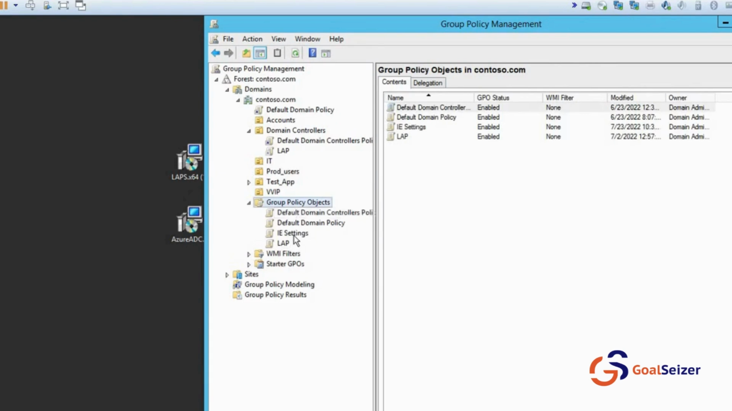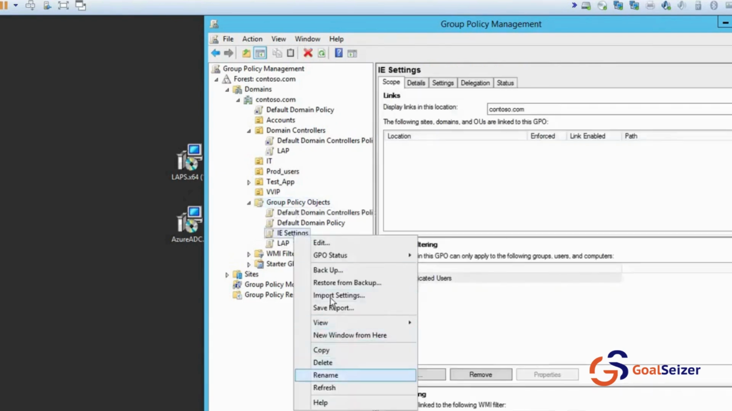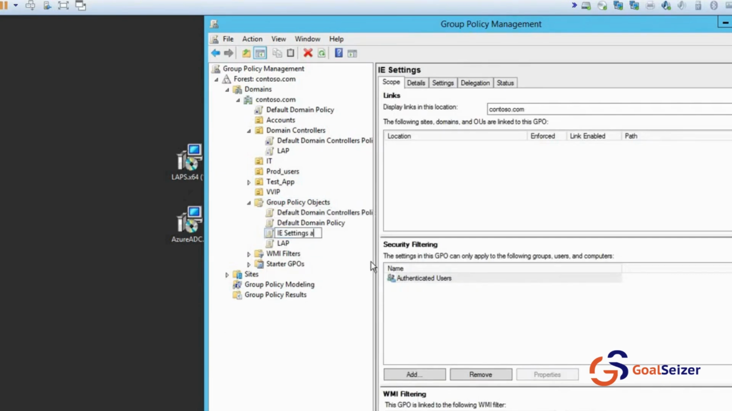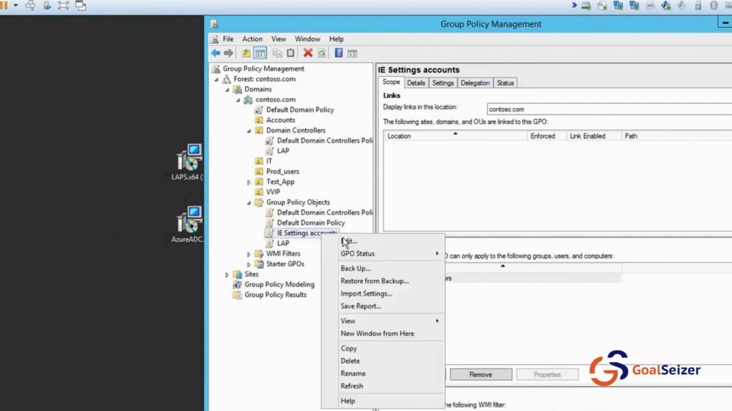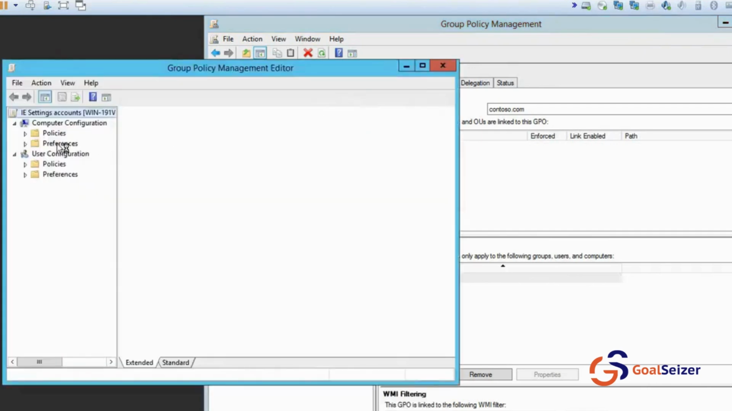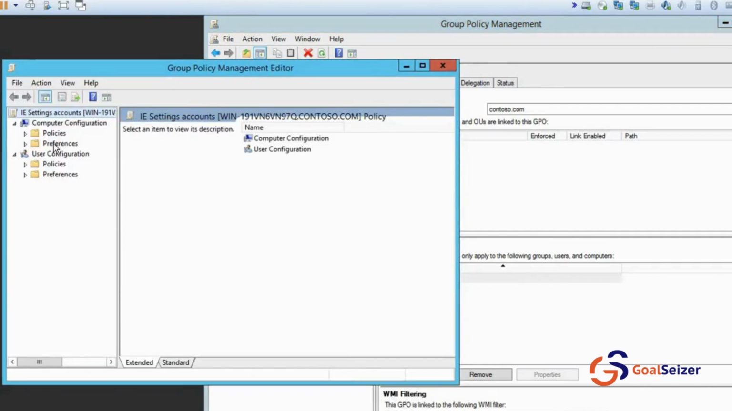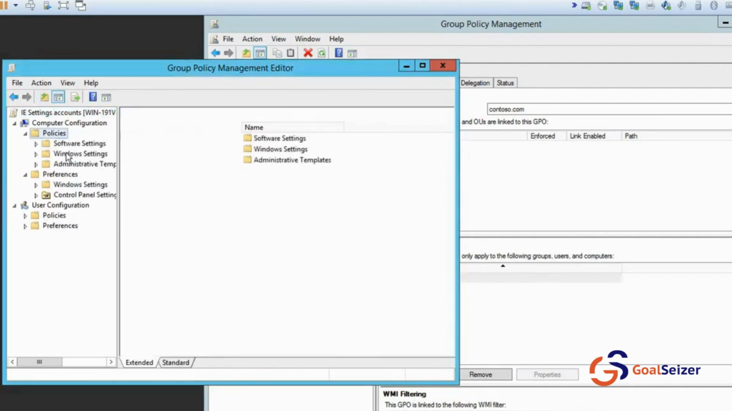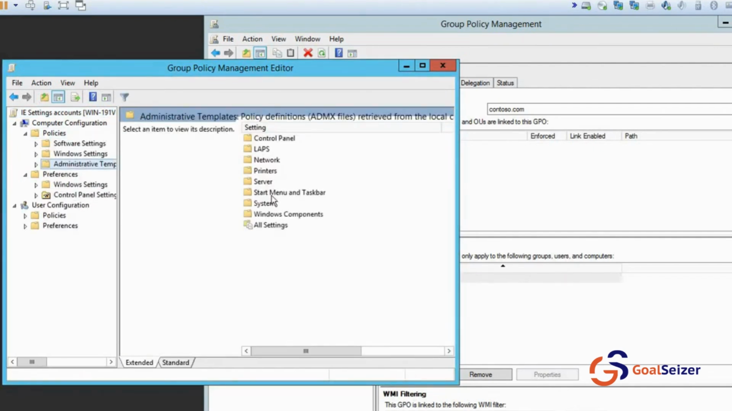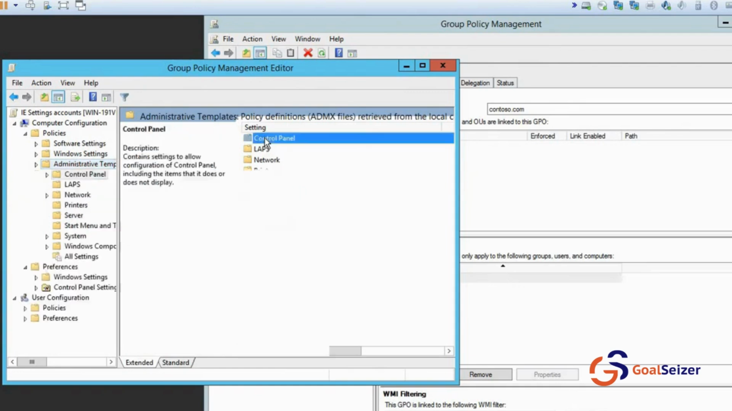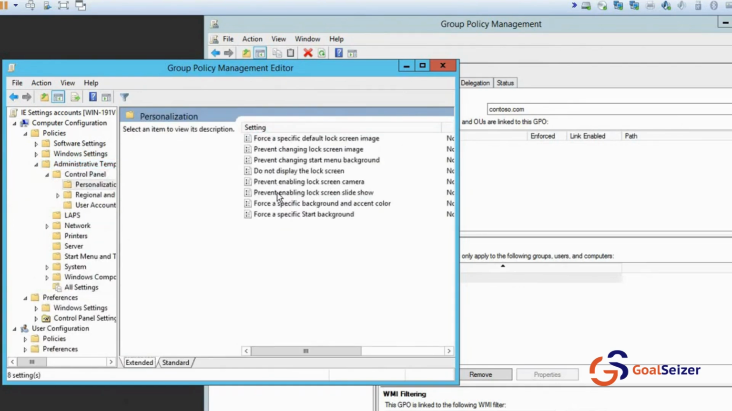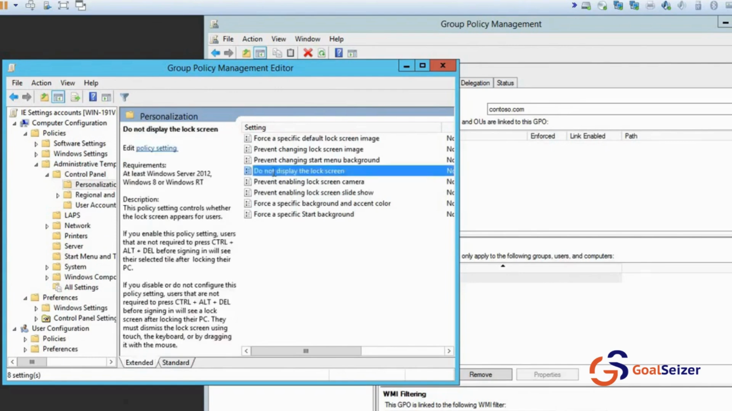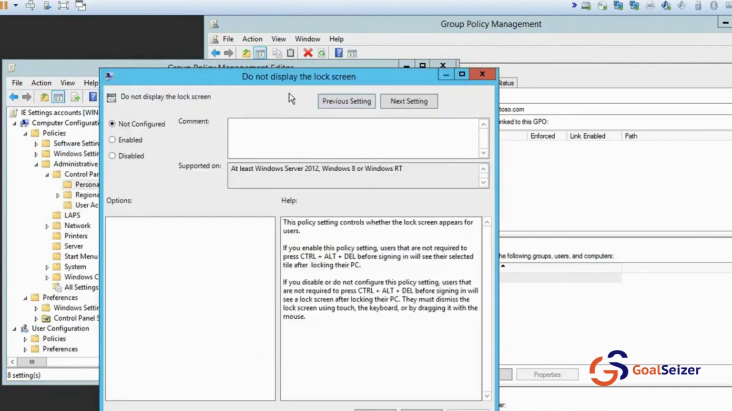So we have IE settings, or we can rename it like this, accounts. Okay, so we have IE settings for accounts. Let's go to this edit option, and suppose I go here under the policies, administrative templates, control panel, personalization. Though I've created the policy for IE, just for the example, I'm configuring the